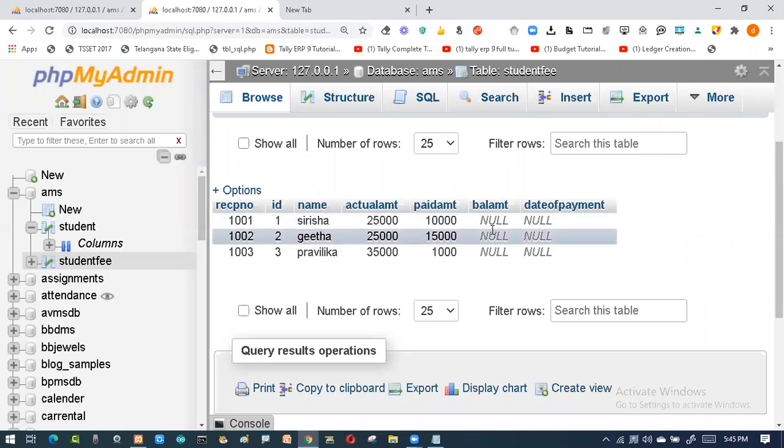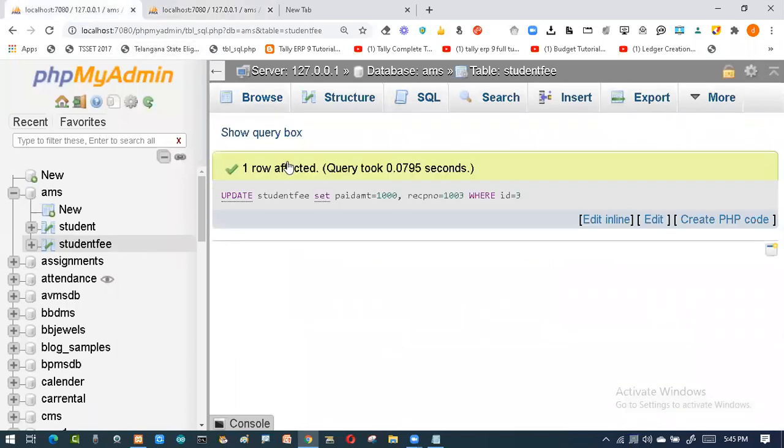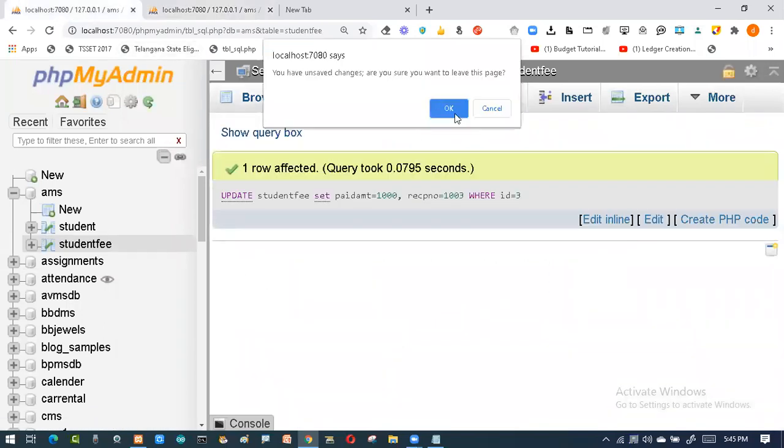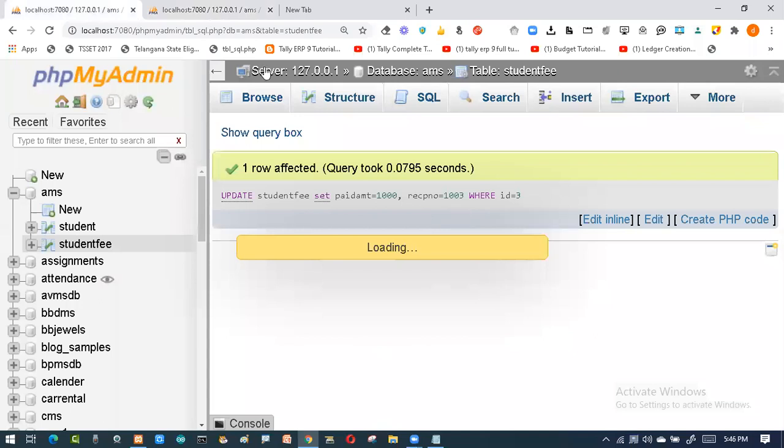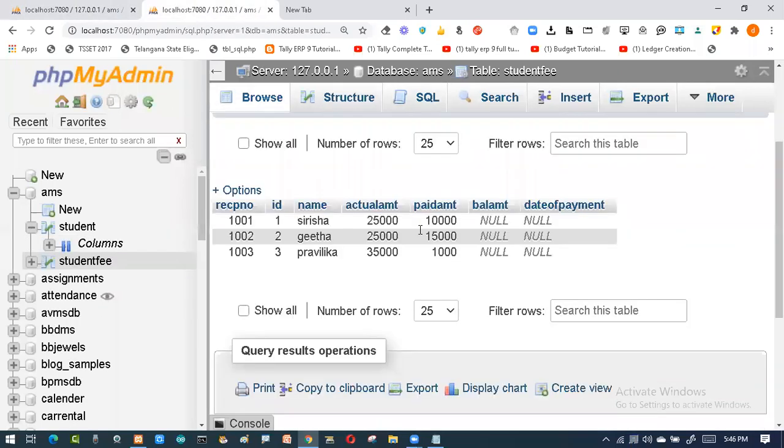This is also an update command only, because I am filling the gaps. When I'm filling in gaps, changing things, or changing data, we use the update command. But it is not for a single person. See, the situation is that previously the amount was paid by each individual person, so I entered it individually using the update command. But now the balance is common for all.